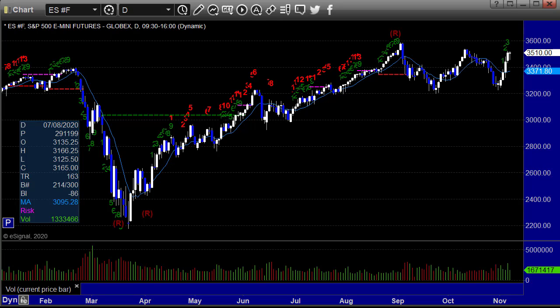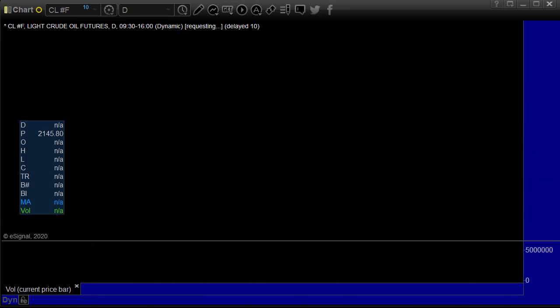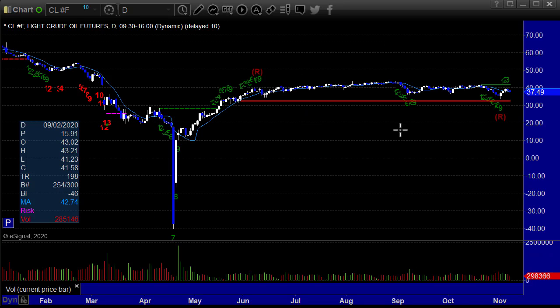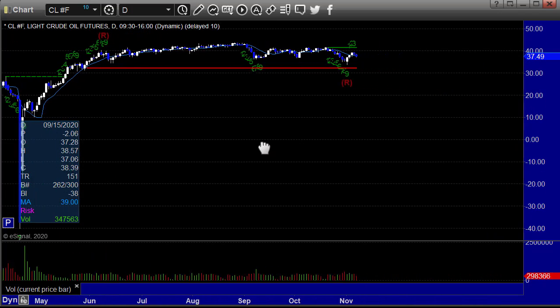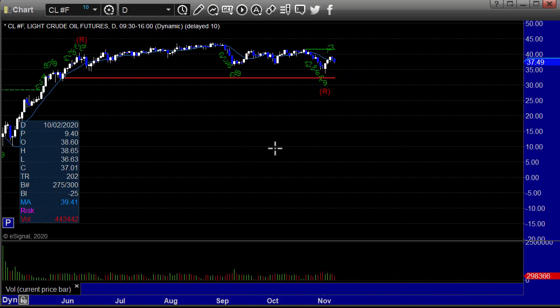Nothing spectacular, but I do think we're going to have some good weeks trading-wise both ways ahead of us with all this stuff finally over. Let's go through the major daily charts as we always do. Crude oil down $1.30, and because of that blip back in April, let's scoot the chart so you can actually see what's going on here.